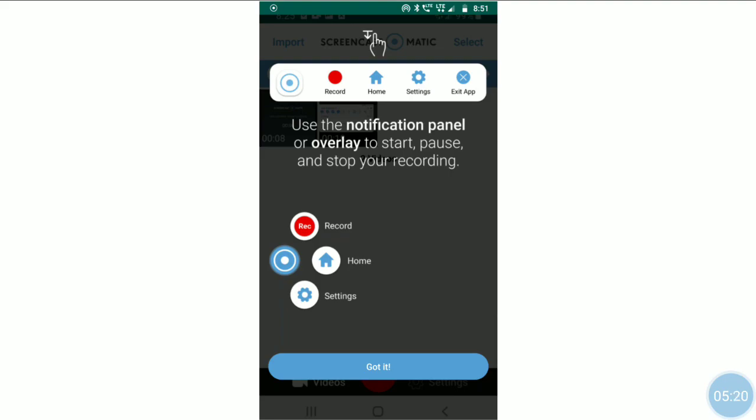Here we can control this Screencast-O-Matic software by using two settings, either by the notification panel as shown in this figure, or you may control your recording by using overlay control. This notification panel and overlay control are used to start, pause and stop your recording.